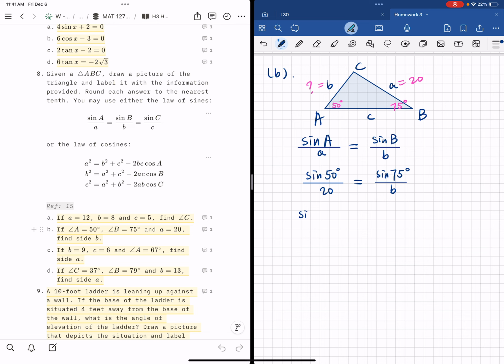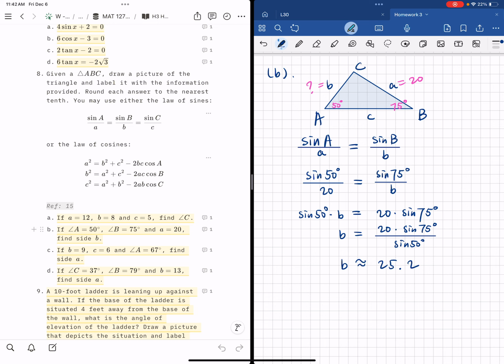So sine of 50 times B equals 20 times sine of 75 degrees. Divide both sides by sine of 50. Your B is 20 times sine of 75 degrees divided by sine of 50 degrees. And then use your calculator. B is approximately